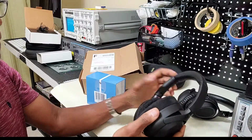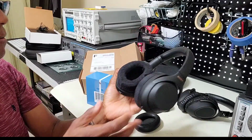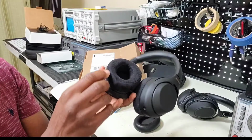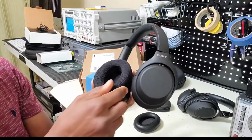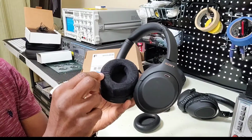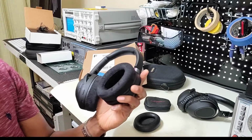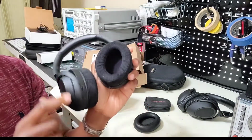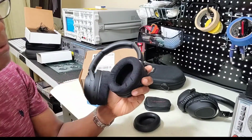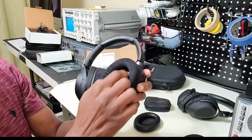Now the other ear pad, I mentioned I have two. The other ear pad is like a velvet, soft velvet material on the outside. Now this one is really comfortable. I mean, this is really comfortable. I really like it, and it does feel a little bit bigger than this because I wore it all the way back